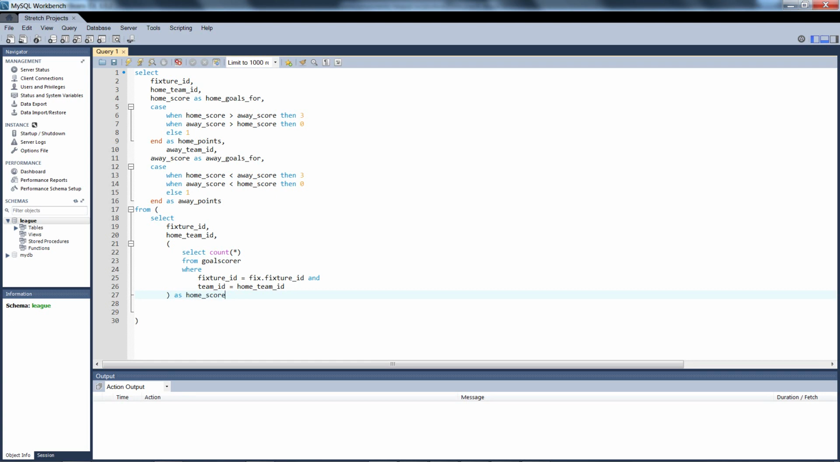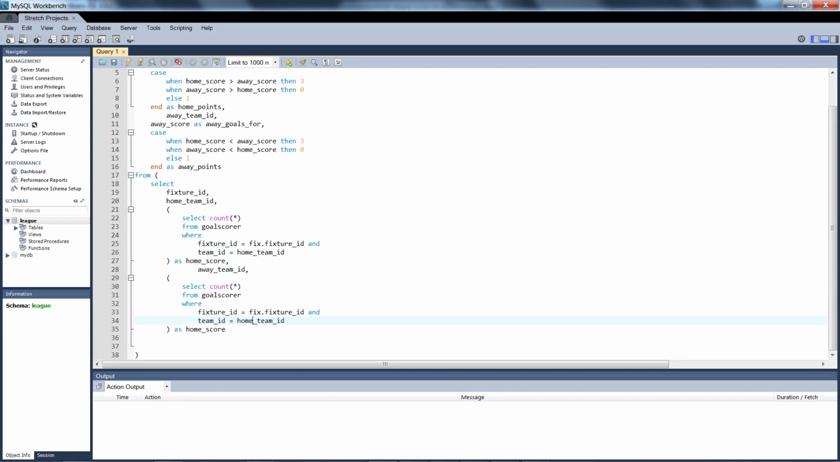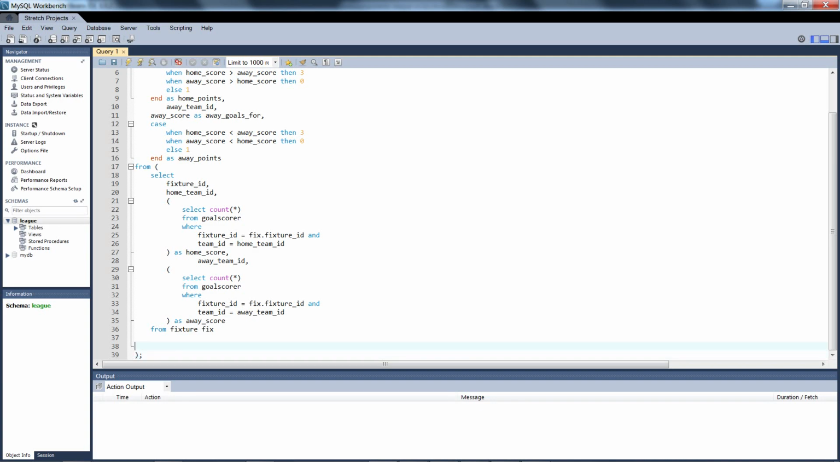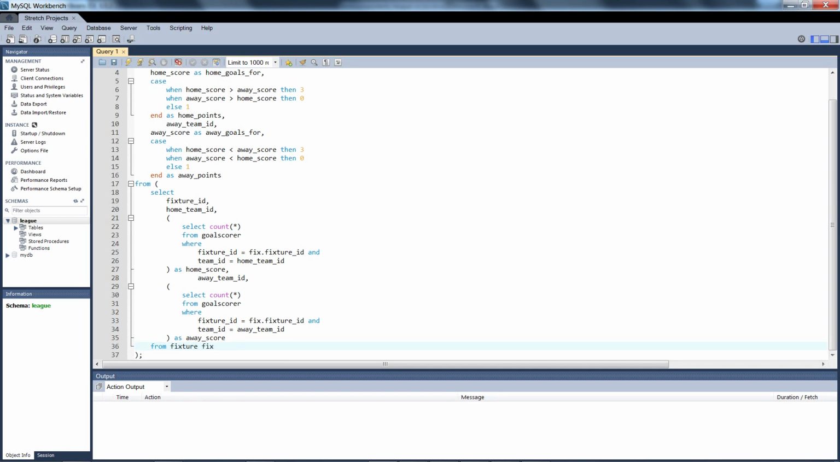So you can see here that we're going to basically cycle through all of our elements within our fixture ID, which we're going to create in a moment. Count how many goals were scored in each specific game, and then assign points based on that. So the next thing we do is copy the home score section and repeat it for the away team. And all of this is going to be from fixture fix. So you can see that this is quite a complex query as it is, but if we run this,